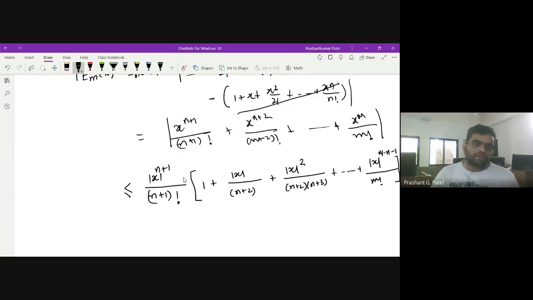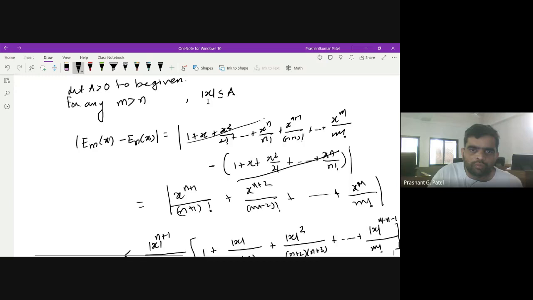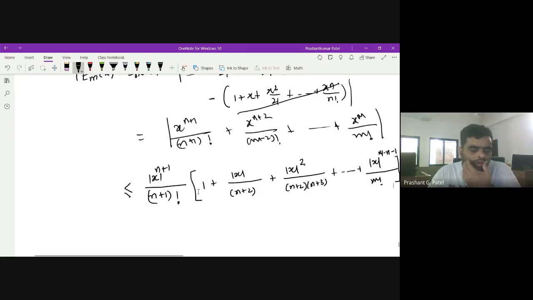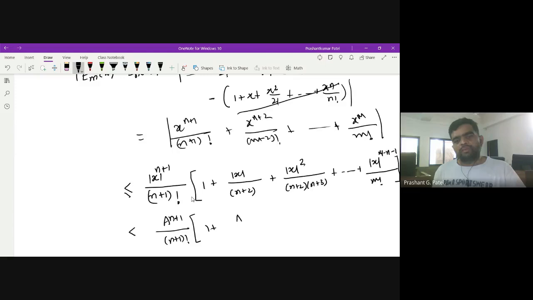Now what we have assumed is mod of x is less than or equal to a. So due to this, we can write this as a upon a raised to n plus 1 upon n plus 1 factorial, 1 plus a upon, now here 1 upon n,